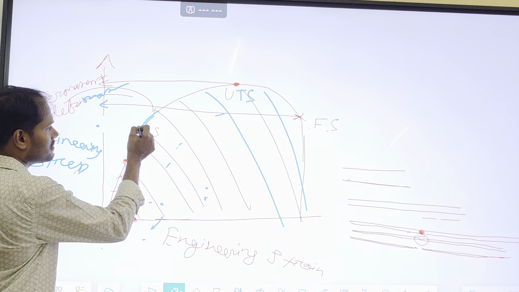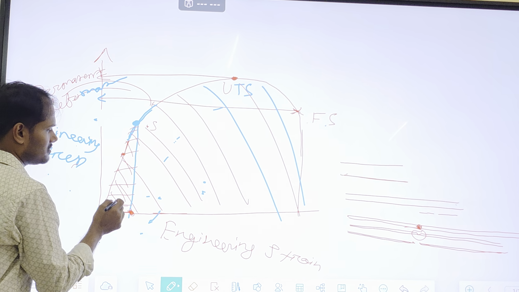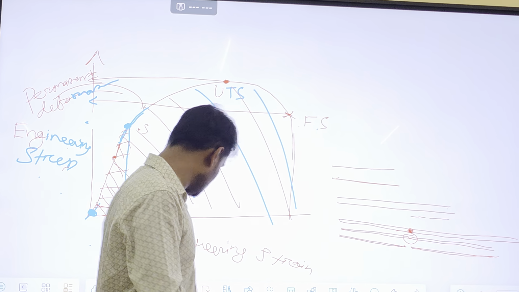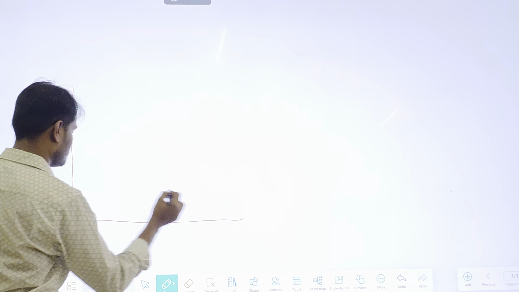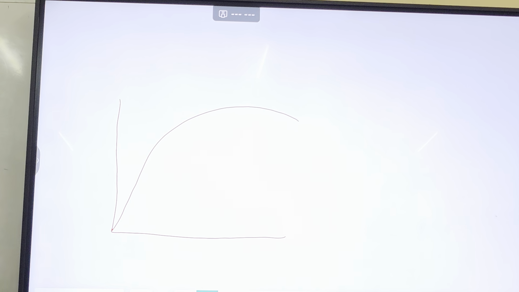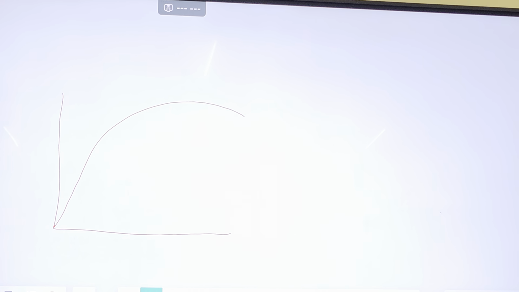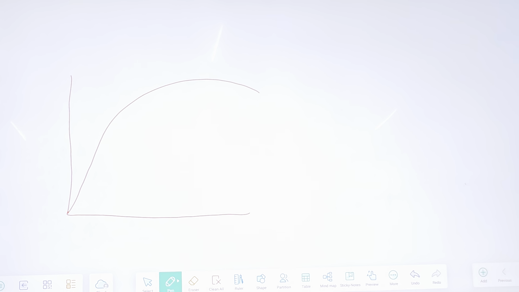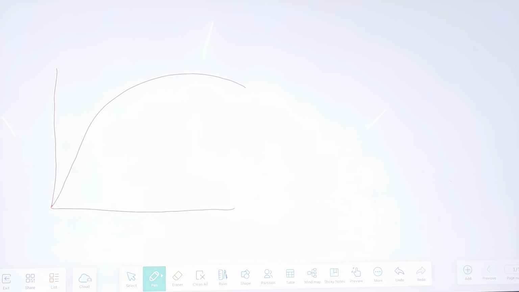Suppose this is the point. Okay, fine. Let me erase it. See, if this is the curve, there is no ys. You cannot determine it. Fine. So what can be done? You need to